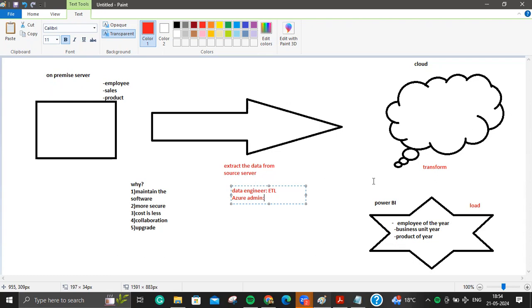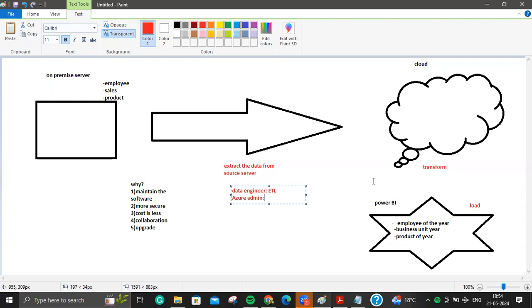But as a data engineer, your job is not to make Data Factory or make a storage account or make any sort of tool in the Azure space. As a data engineer in 7 years, I haven't made Data Factory, I haven't made a storage account, I haven't made Databricks, I haven't done the setup of the environment. The setup of the environment and making the environment secure will be done by the Azure admin.